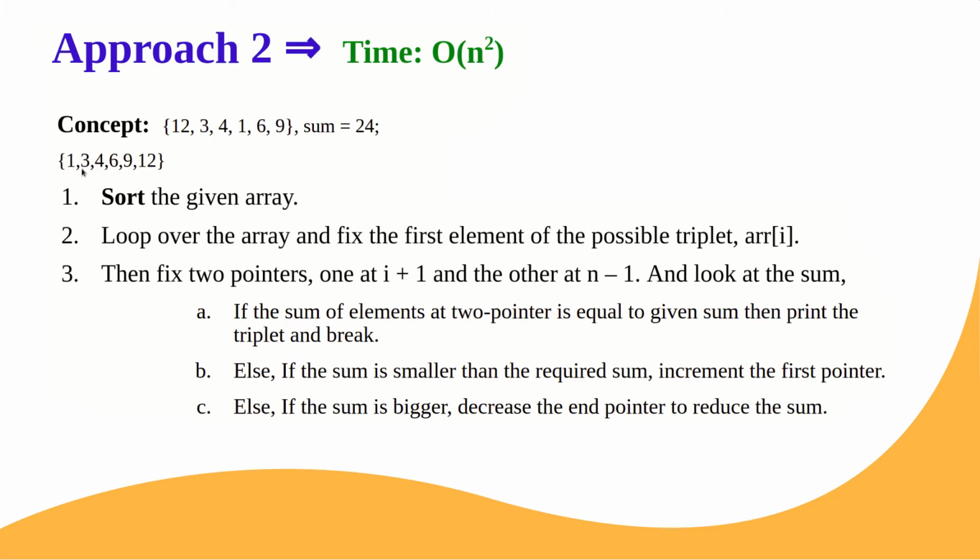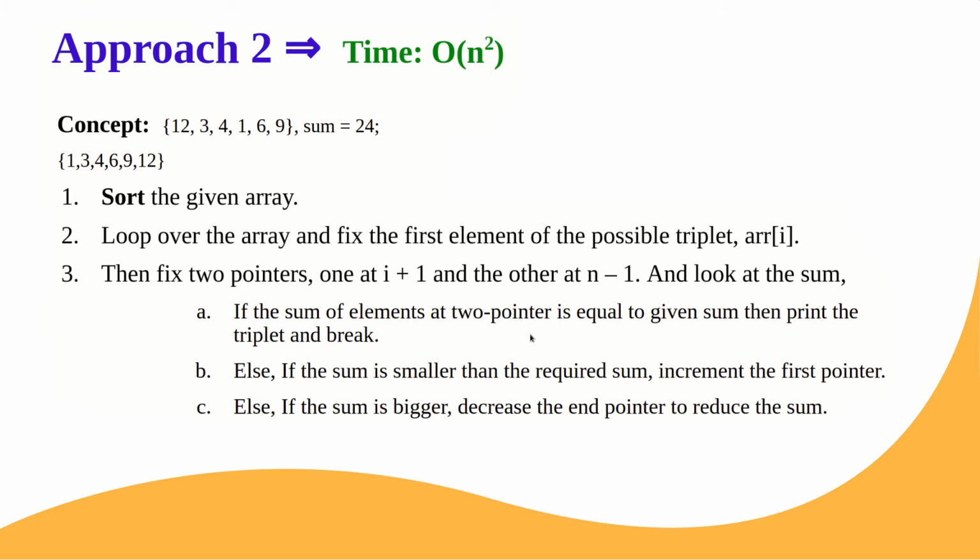Now let's fix 3 and check 4 plus 12 plus 3, which is 19. It is again not possible. So let's fix the next element, 6. 6 plus 3 is 9, 9 plus 12 is 21. Again lesser, so let's move right to 9. 9 plus 3 plus 12 is 12 plus 12, which is 24. Great, it is the sum. So we fall into this category and break the loop by returning this triplet.